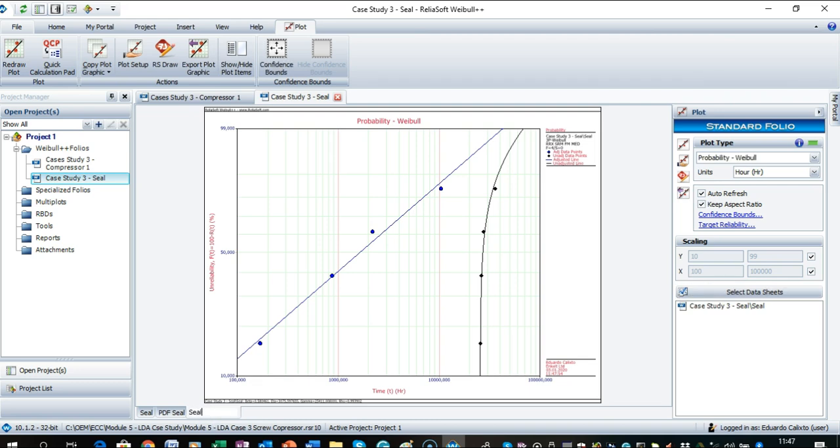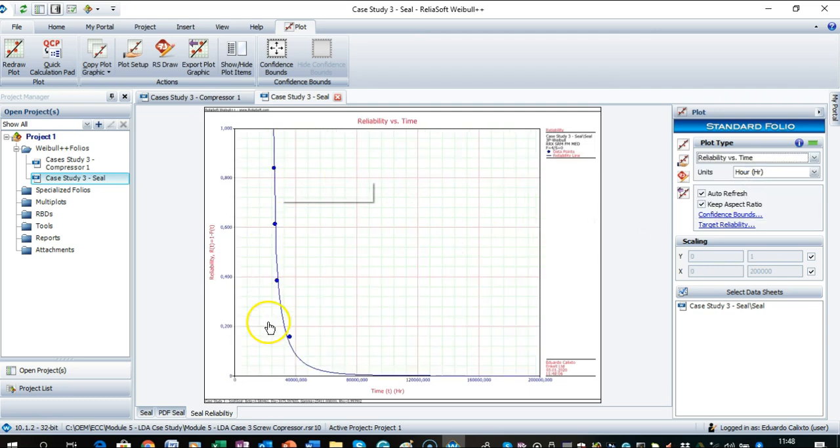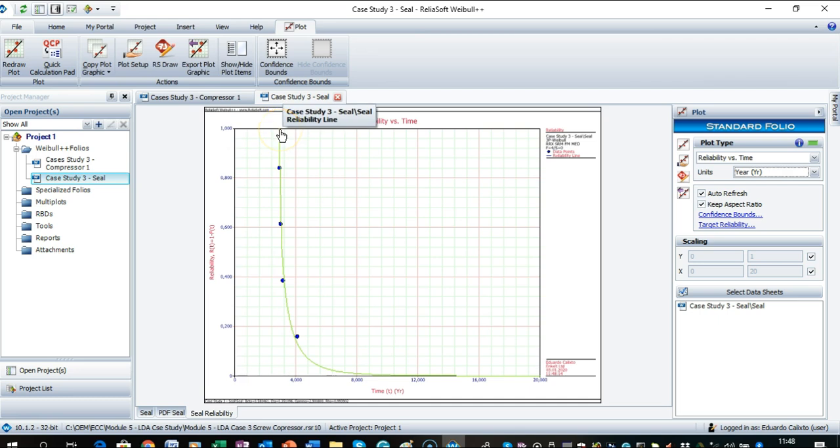So let's put seal reliability. In the end, that is the most important function. We just need to understand the pattern of failures that we have. Let's put it in years, so you have a clear understanding now. You can see we have 100% reliability until 2.9 years, and then the reliability drops